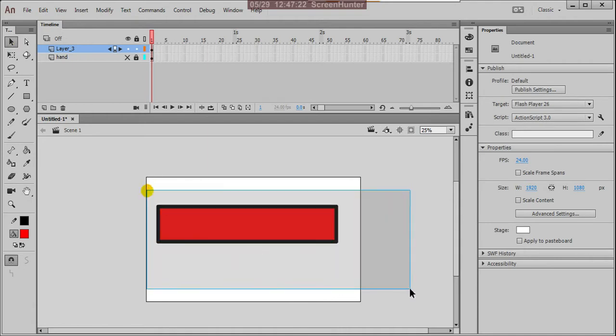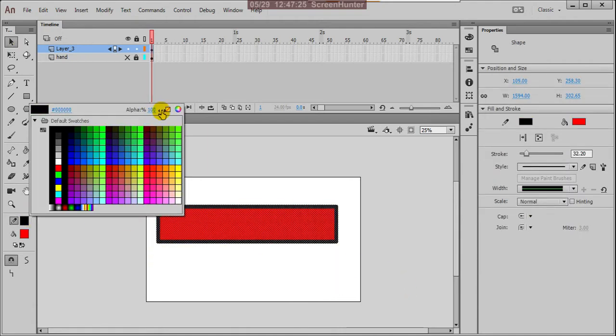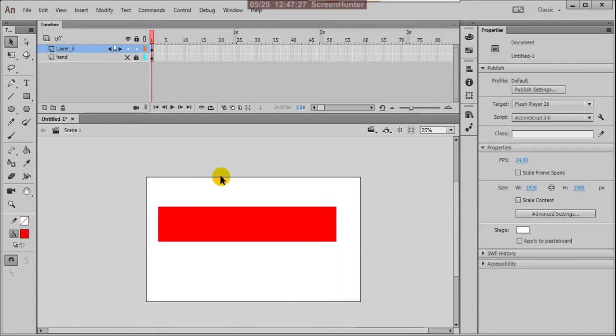With that we sometimes animate simple animations, hand wavings and hand movements, and, suppose, a snake's movement. These kinds of flexible animations we do by using this bone tool.